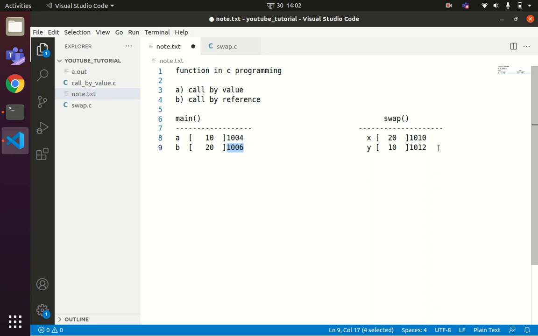To understand the concept of addresses in C programming language, we should have the knowledge of basic pointers. So to understand the concept of call by reference, we need to have a basic understanding of pointers.